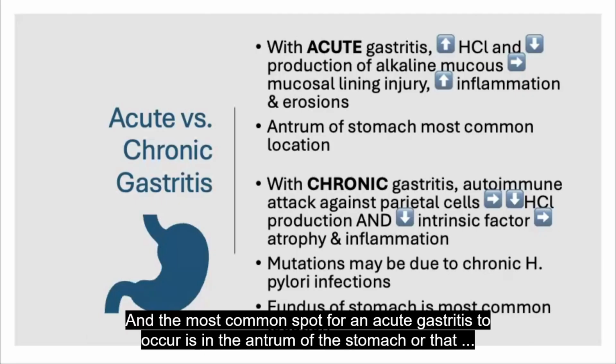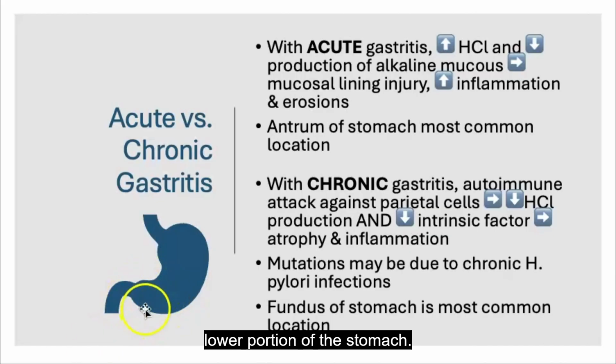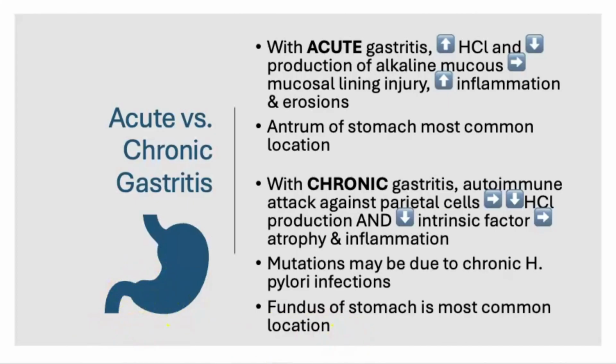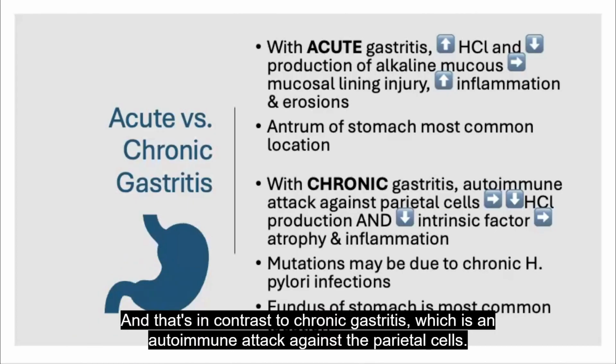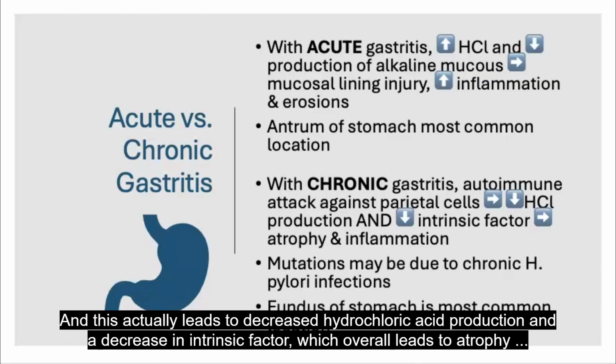And the most common spot for an acute gastritis to occur is in the antrum of the stomach, or that lower portion of the stomach. And that's in contrast to chronic gastritis, which is an autoimmune attack against the parietal cells. And this actually leads to decreased hydrochloric acid production and a decrease in intrinsic factor, which overall leads to atrophy